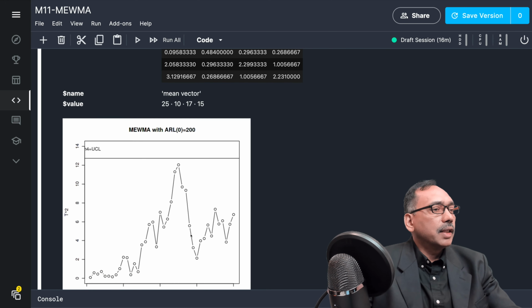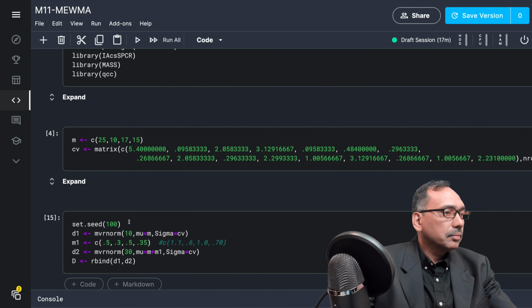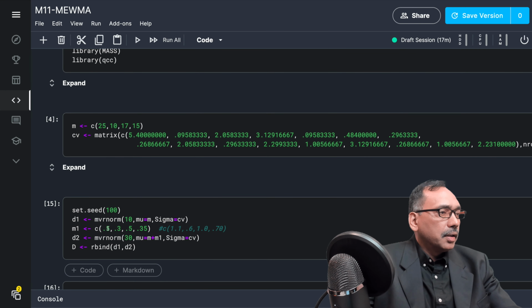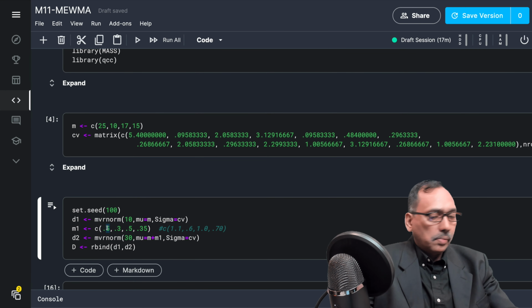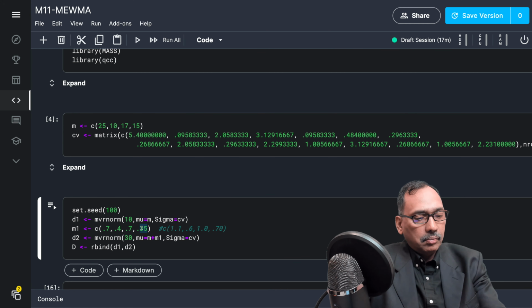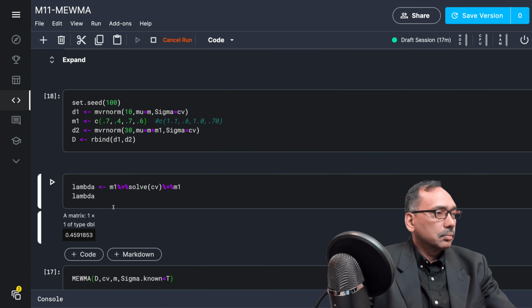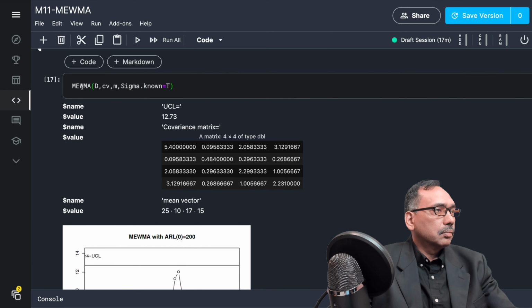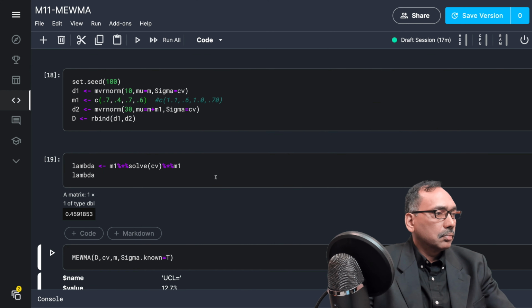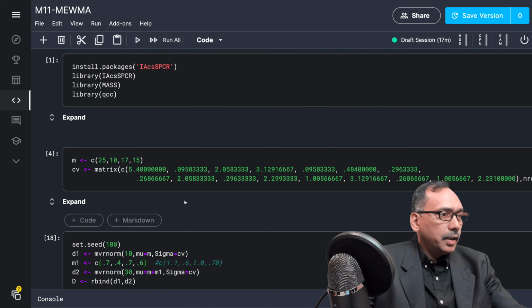So it is so minor that it doesn't detect any shift. So this is how we can use EWMA.